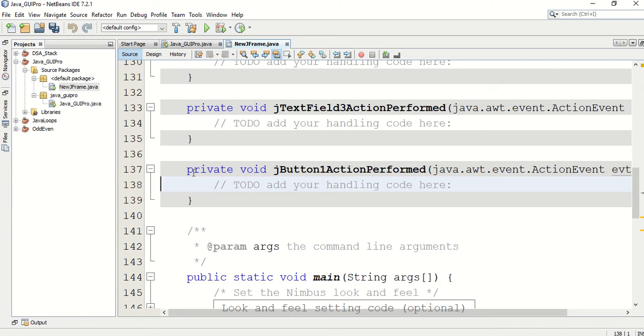Okay, the private void jButton action performed. You need to write the code here for what you are going to do under this button.